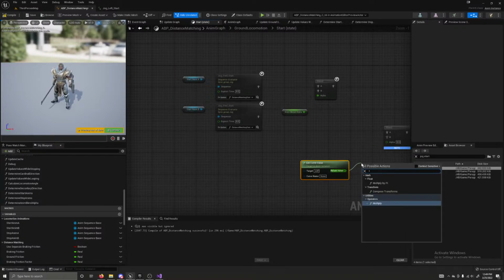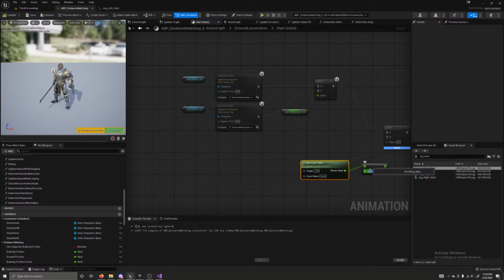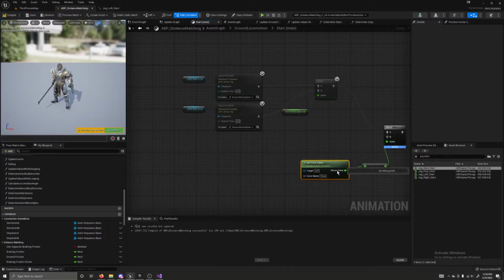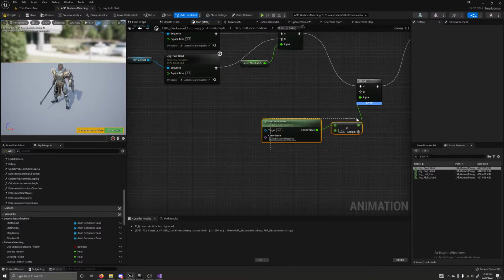And we're going to need to multiply it by a -1. And what is the value called? It is disable speed warping. Okay, so now